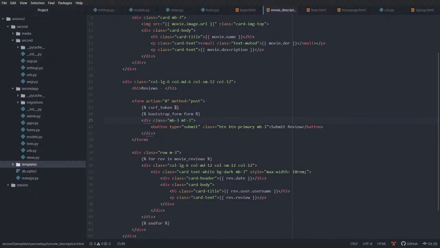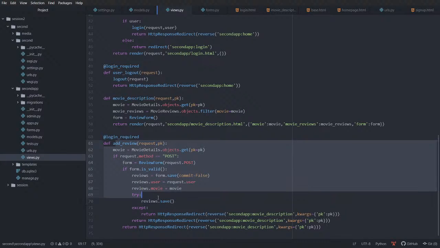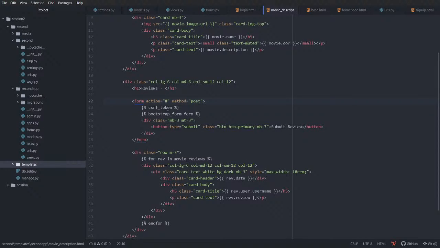So fixing the template, you notice that if I don't pass in an action, then what it will do is automatically post the form to the view that is actually serving this page, i.e. it will post this to this URL, to this view. But we are not handling any post request here. We are actually handling the post request in this view. So we need to define action, and we need to pass in URL, and the URL will be